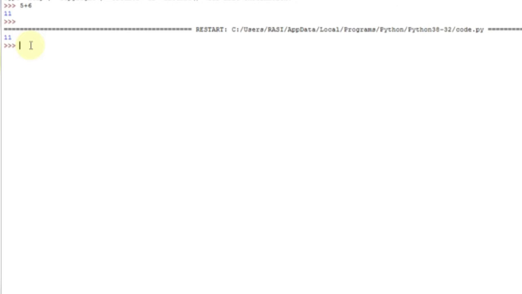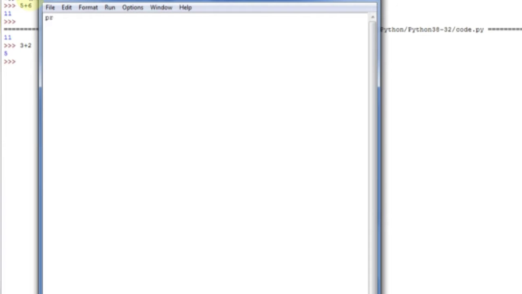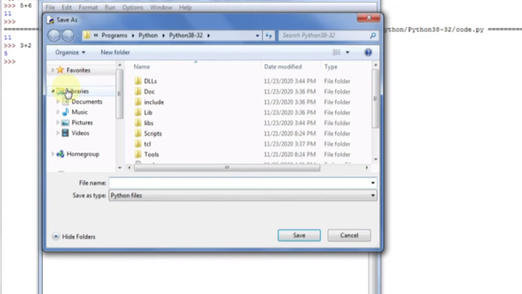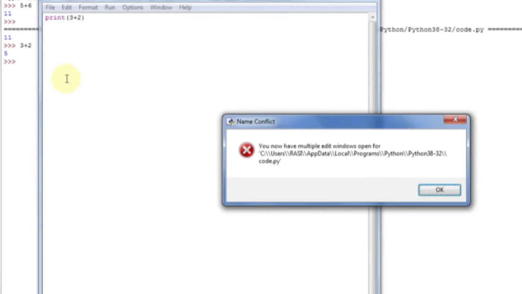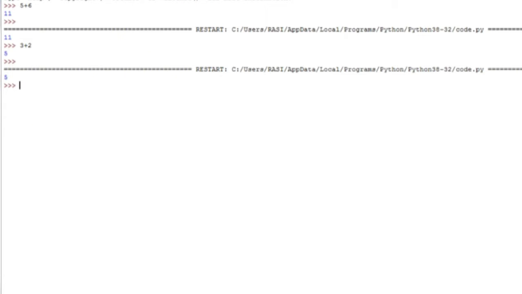In Python, programs can be written in two ways, that is interactive mode and script mode. What is the difference between those two is, in interactive mode, when we type the program code, it will show the result immediately when we click the enter button. But in script mode, we have to save that file to get the result. And the programs written in script mode are permanent and we can reuse that file because we are saving that file. But in interactive mode, it is just temporary. If we close that software, all the things will be erased.